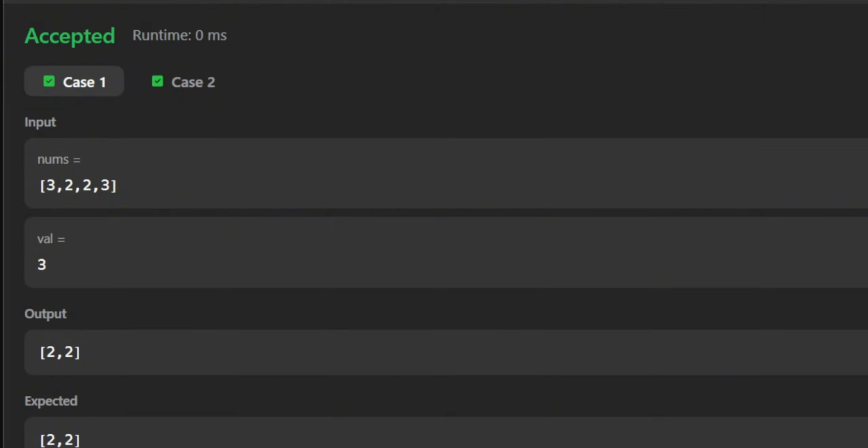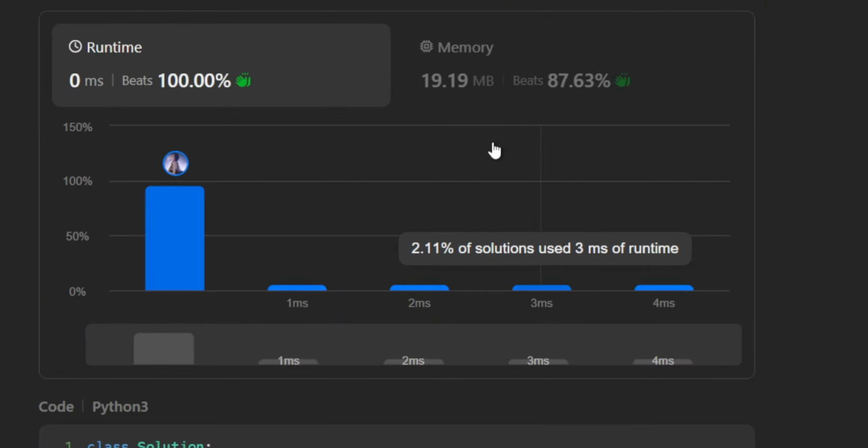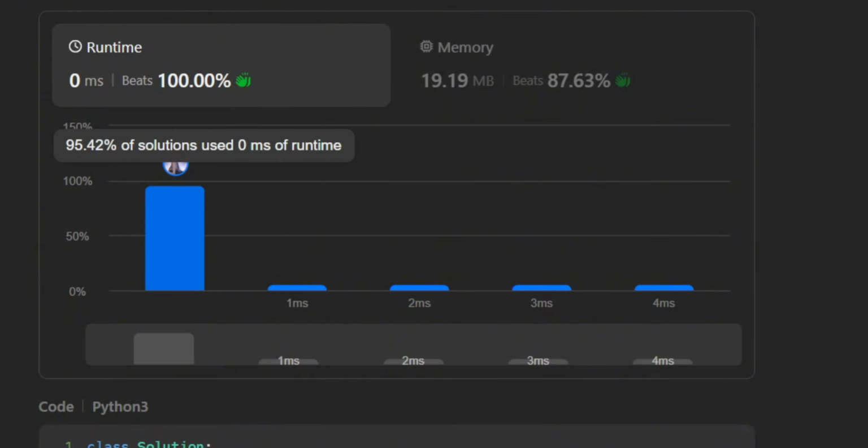And so all test cases have been passed. So this is our submission and we have passed all the test cases. Our run time is 0 ms and we beat 0% of the